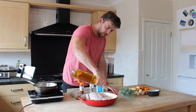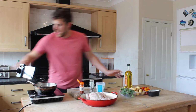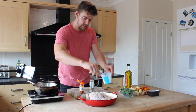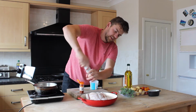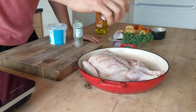I'd go with a smoked one personally, but that's obviously dependent on your family tastes. So we can just put a little bit of oil on first. This is olive oil. And then we will use our salt. Be quite generous with it. Salt will help crispen up the skin, as well as obviously seasoning it. Good couple of turns of cracked black pepper. If you like black pepper, this is again optional. And then we'll finish it with a good dusting of